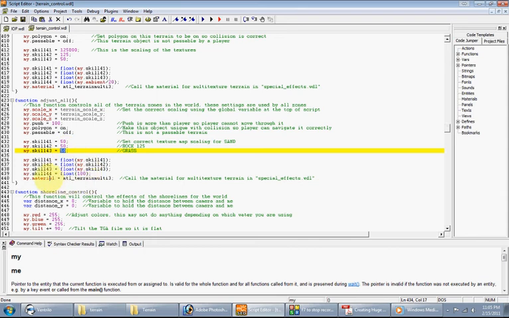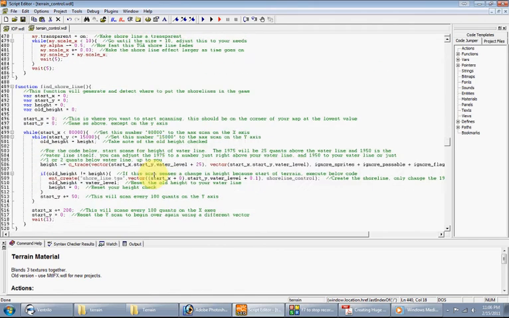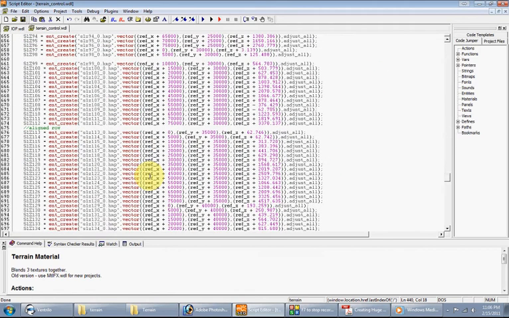So going down, we're actually calling the material terrain multi 3, which is the 3 textured shader that I use for the special effects. This is open on the web, but it's also included in the resources folder that I have for this ebook. So when all this is taking place, and all the terrain loads,